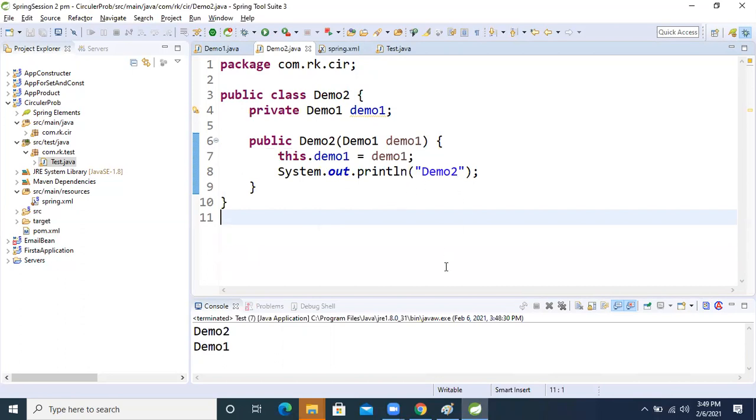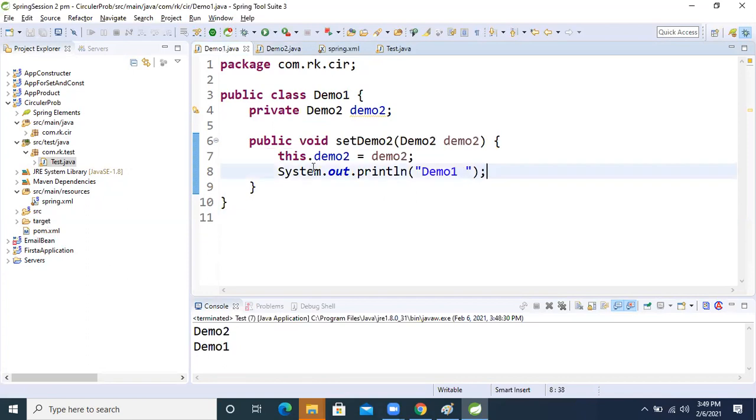I still have some more discussion: if we want to develop mutable or immutable classes, using constructor.